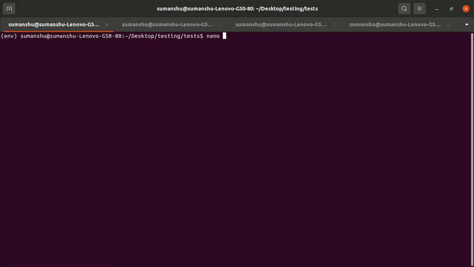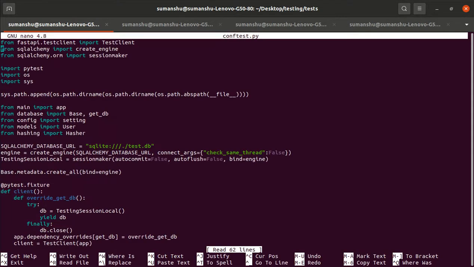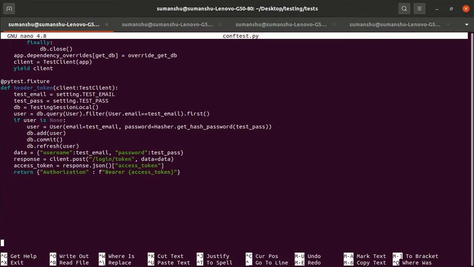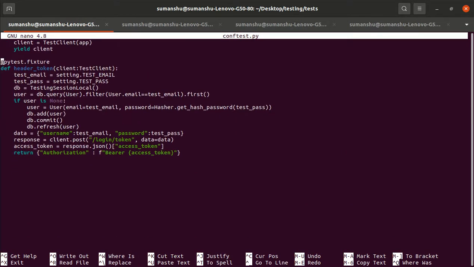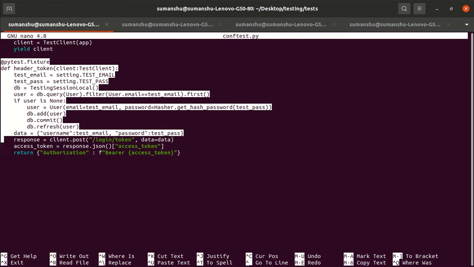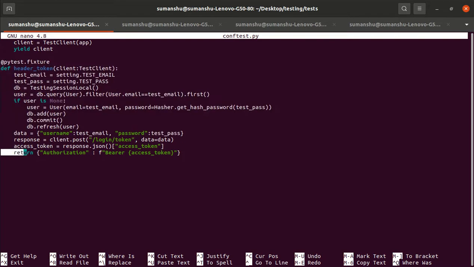So basically what we did is, we have to pass the header in the test case. Because the header will be passed every time for so many tests, we will create one pytest fixture, and we got to know that the header should be in this form only, and make sure that the spelling is correct. So how to get the access token? We know how to get the access token. A token will be generated from the login/token route, and this takes the data, and the data we have to pass.